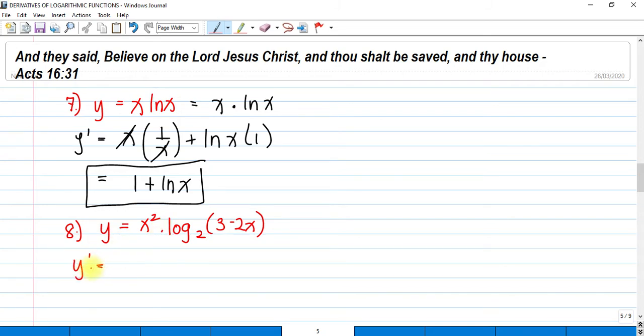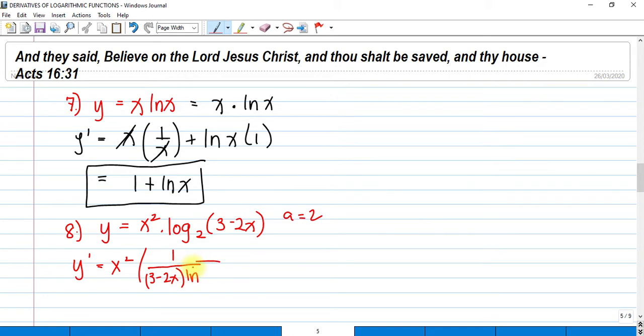So we're going to copy first x squared and then differentiate this second term. So how do we differentiate this? Our a in this case is 2. If we recall our formula, we get 1 over our whole x, which is this 3 minus 2x,